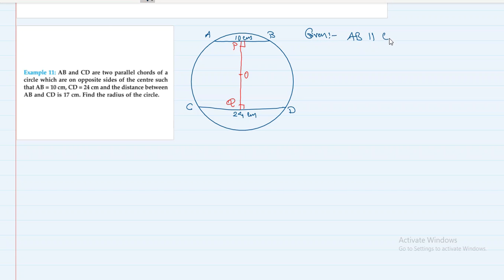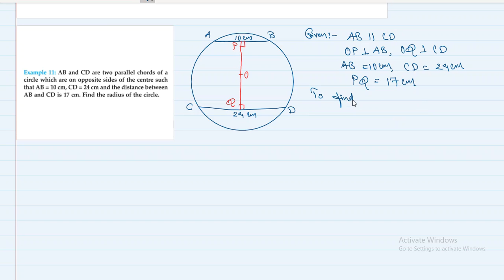AB is parallel to CD, OP is perpendicular to AB, and OQ is perpendicular to CD. AB is equal to 10 centimeter and CD is equal to 24 centimeter. And PQ is also given. The distance between them is 17 centimeter. Find the radius of the circle. We have to find the radius. Okay, so the construction which we will do is